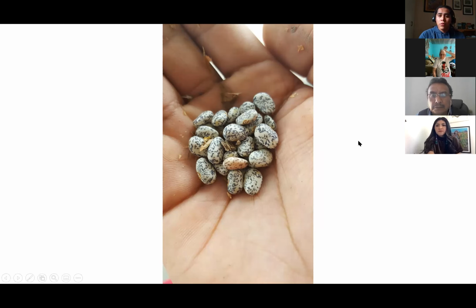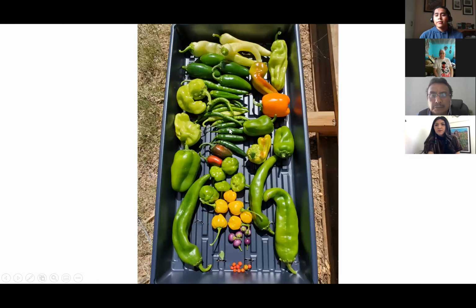And so that's also something that's very important of saving seeds, is that we're saving a technology that has been adapted over the years. And here's a tray of some chilies that I grew 2 years ago. I collected some chili seeds from Mexico and from across the country, and I didn't really know what anything was going to look like until I planted it, just to experiment on how chilies grow and what sorts of varieties